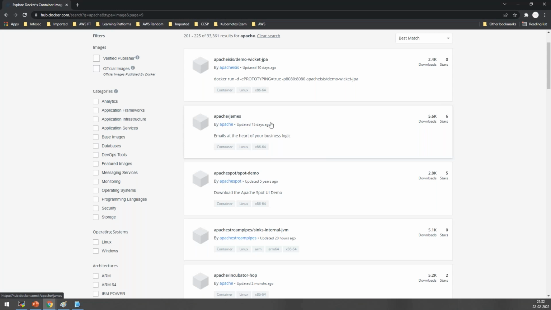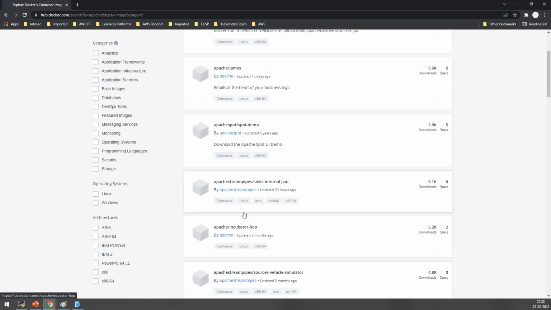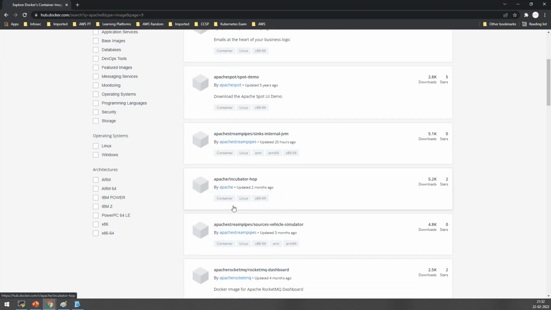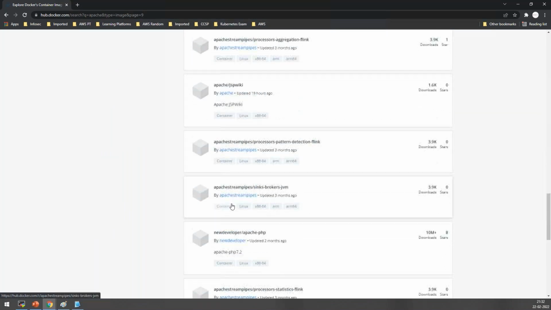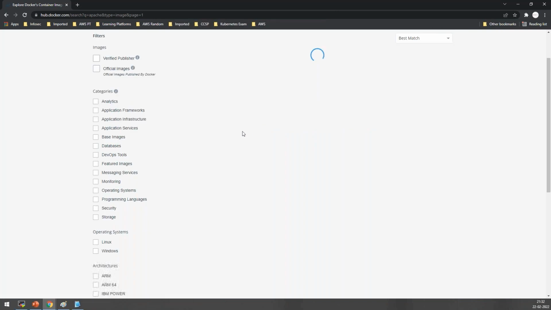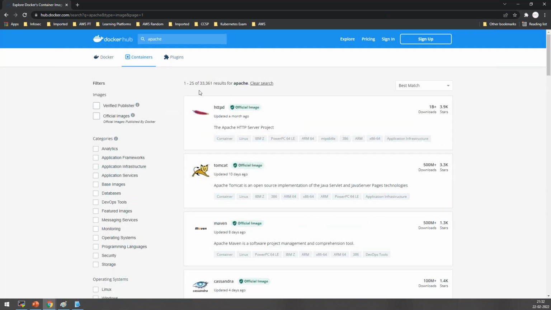I'm going very far back. See, there is Apache James. See, Apache Spark demo. There are many people providing these, but they are from third parties. These are not from the official Apache. But you can download the image, or if you want, you can create an image also. But if you want to create an image, you have to write code for that. Tomorrow I'll show you a very simple glance at creating your own container or your own image. As of now, team, I hope you are clear with this.